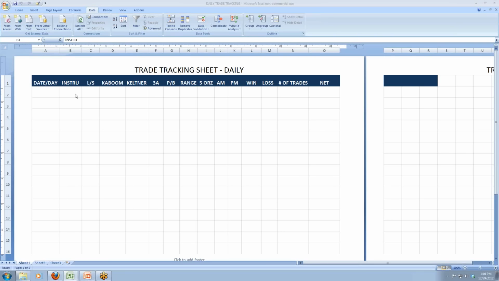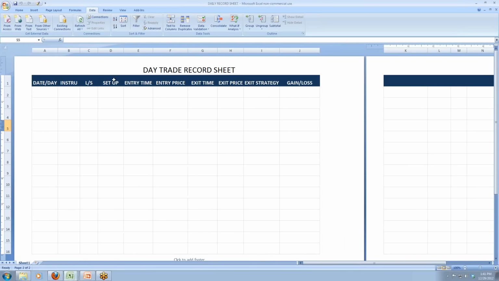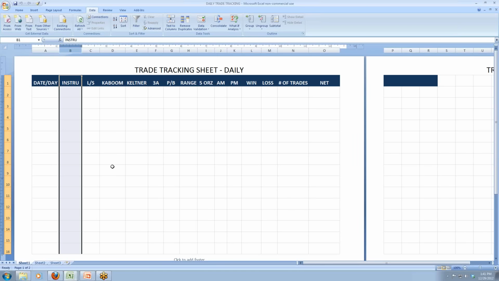But you want the day, what instrument you're trading, what was the direction, what's your setup, and you're going to want to keep track of this. This is the total for the day, and then you'll have a total for the month. So not only do you want to record your trades for the day on something like this,